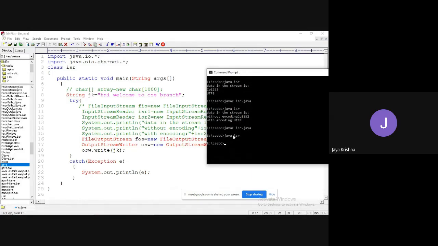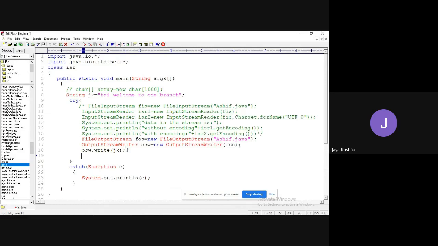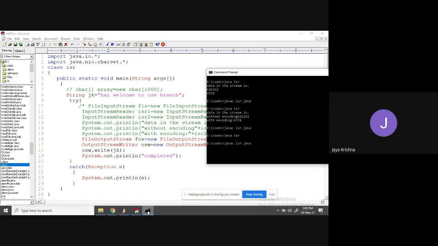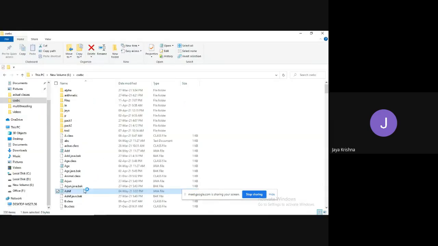Java ISR. Right? I need to show some kind of text. Okay, completed we got. Now open the archive.java file.